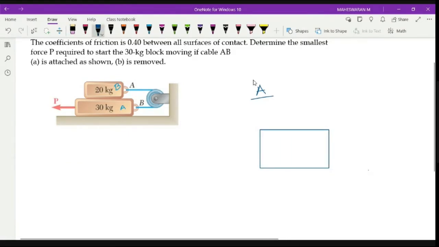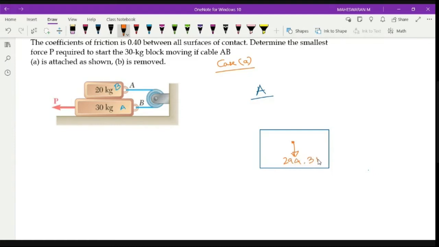I am solving the first case, case A, where a cable is attached. What are the forces you have? You have the weight acting on this block, which is 30 kg. We are converting with 9.81, so 30 into 9.81,